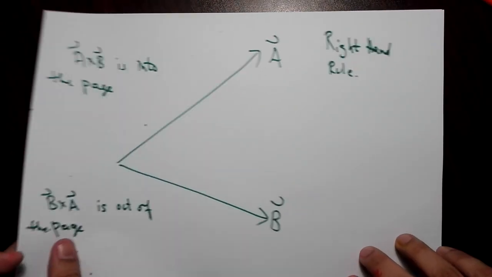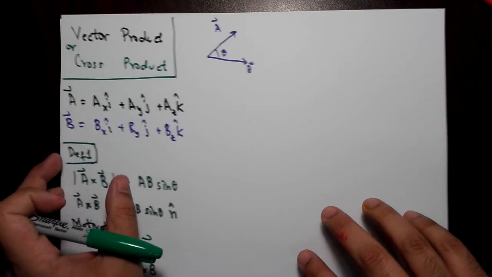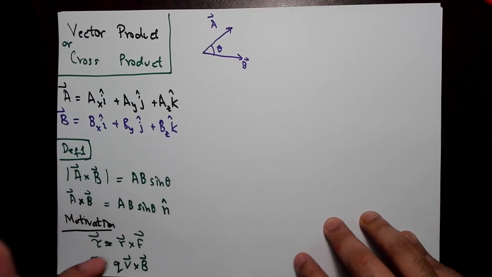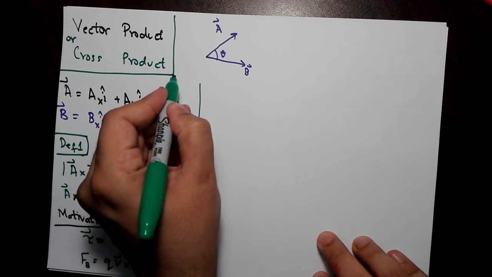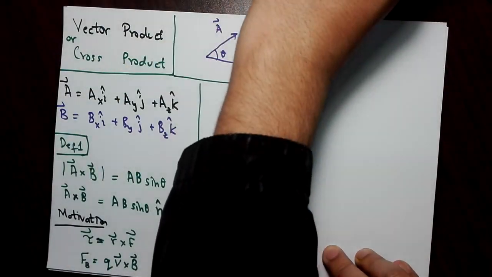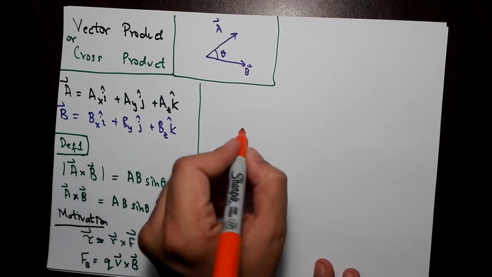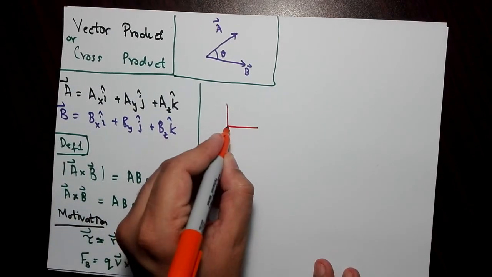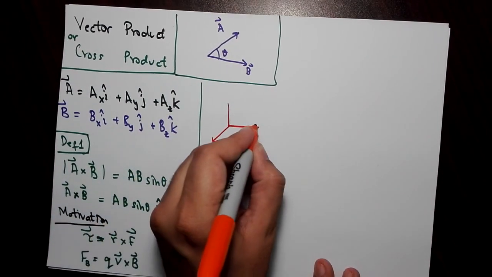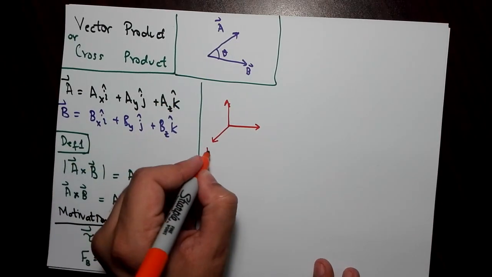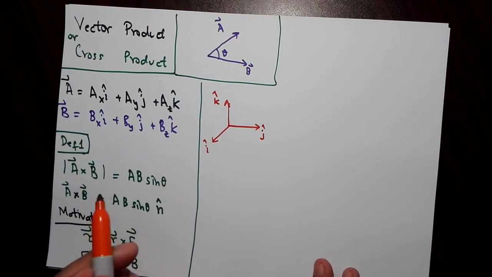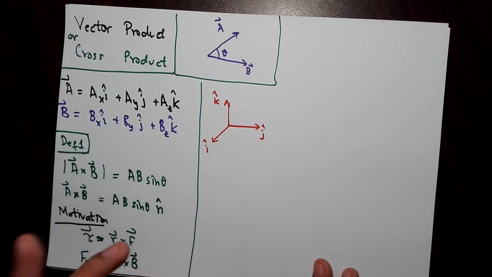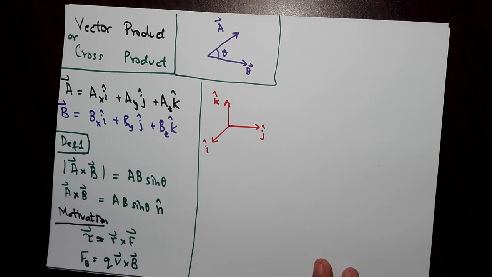Let's go back to what we were doing over here. Now looking at this definition, let's look again at the unit vectors. In order to get the second definition of the cross product, we have to first analyze the unit vectors. So we have i hat, j hat, and k hat, so the x, y, z directions. Now the vector i hat points